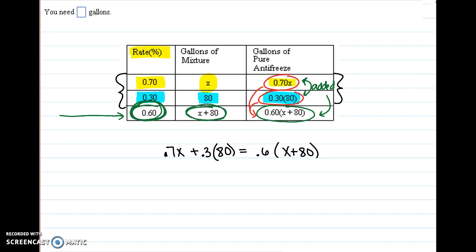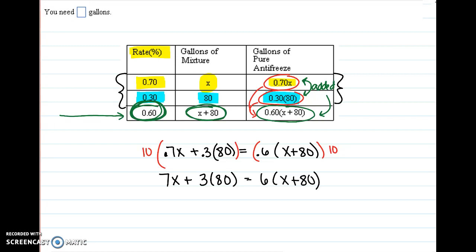Okay, now let's say we don't love the decimals, and that's okay. I'm going to multiply everything on both sides by 10 to get rid of the decimals. So now I have 7x plus 3 times 80 equals 6 times x plus 80. And this is going to let me solve for x, which, remember, is the number of gallons that I'm adding. That's the number of gallons of that 70% mixture. So I have 7x plus 240